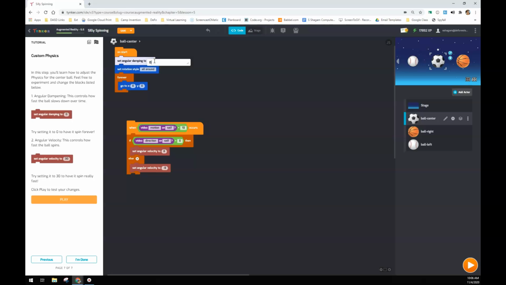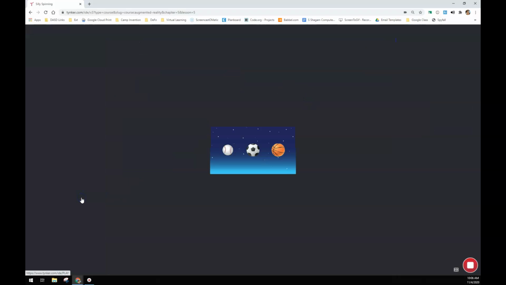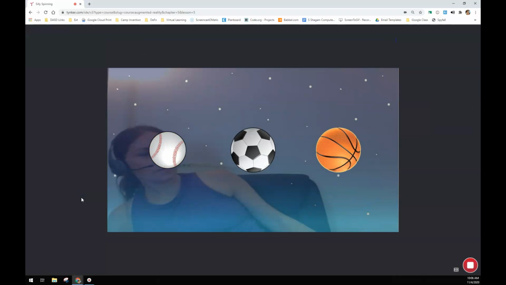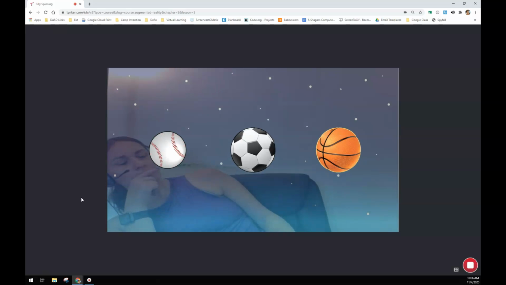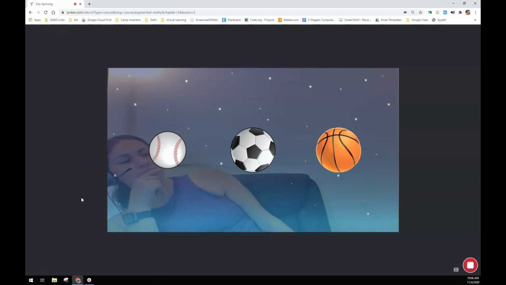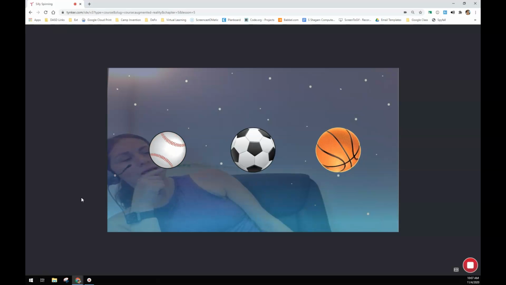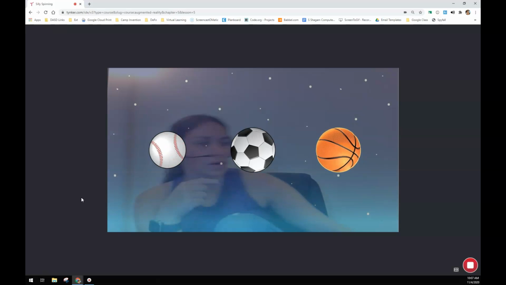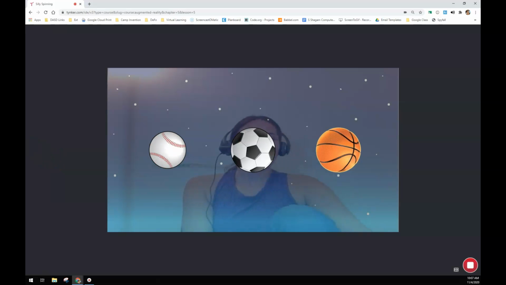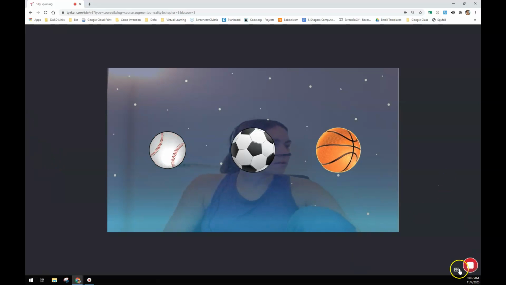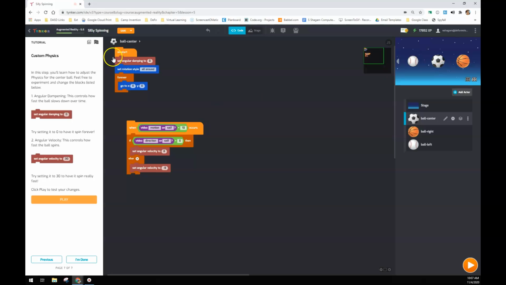So if we change this to 0, and play it again, and get myself out of the screen, it slows down a lot less quickly, like it keeps going. So if you mess with that number, it changes how fast or slow it slows down. So if I do 0.5,